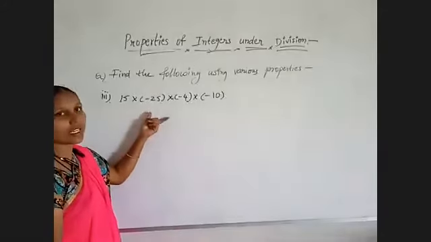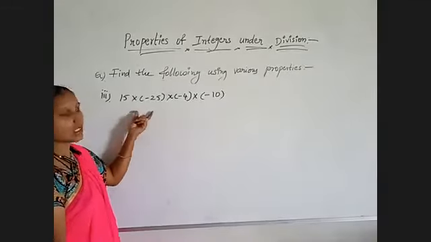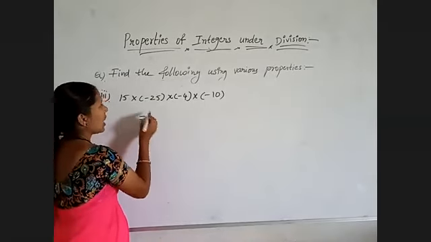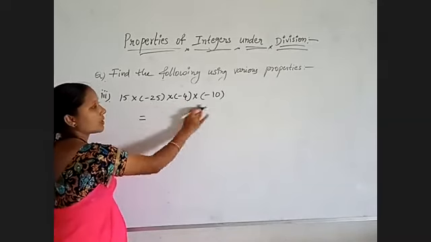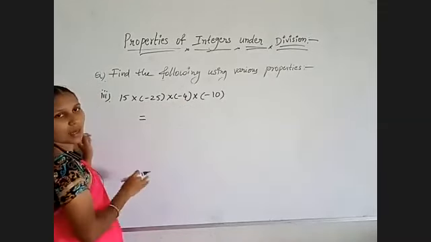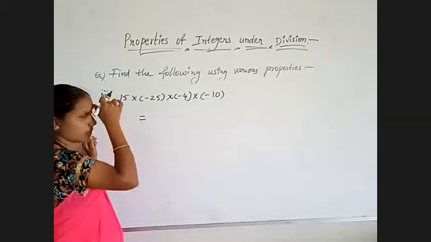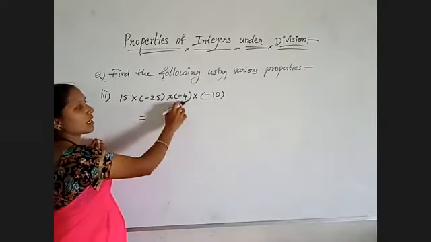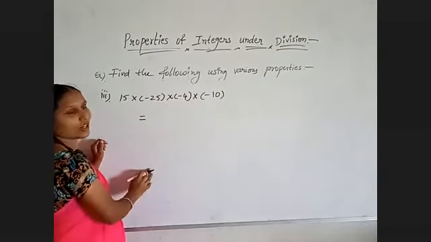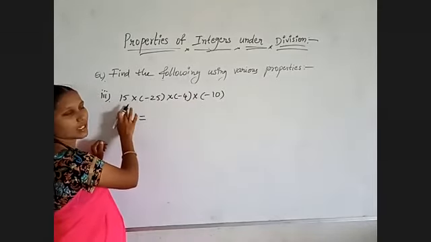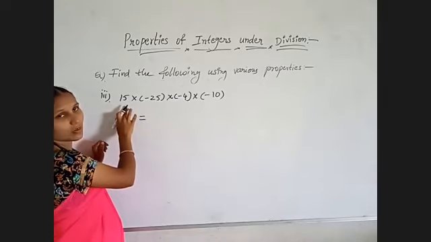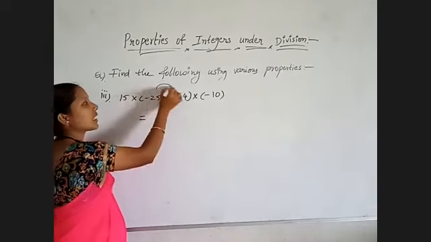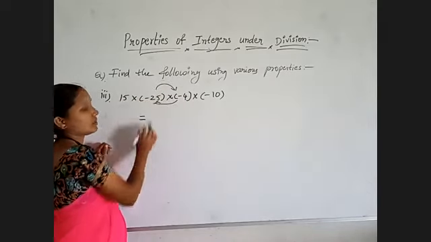Numbers are given, how we need to identify the product. Just observe this. Here, again, all are multiplication only. That means we are going to use the commutative property and the associative property. So how do we need to use them? Just observe. Multiplying 4 into 10, we will get 40. But 25 into 15, we will not get a 0 in the unit place. For that sake only, I am interchanging the values of the second and the third number.